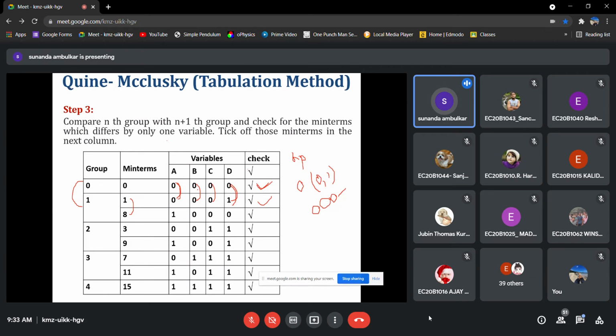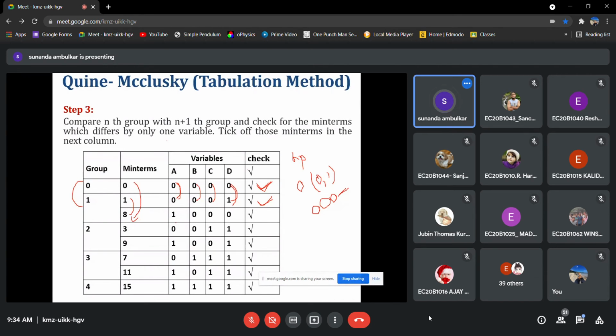Only 0, 0, 0, 0 are the same in min terms 0 and 1 in group 0 and group 1 respectively. So the D is dash. We will put dash here, and we will put a tick mark here. This has been checked. Next, we will compare 0 with 8.